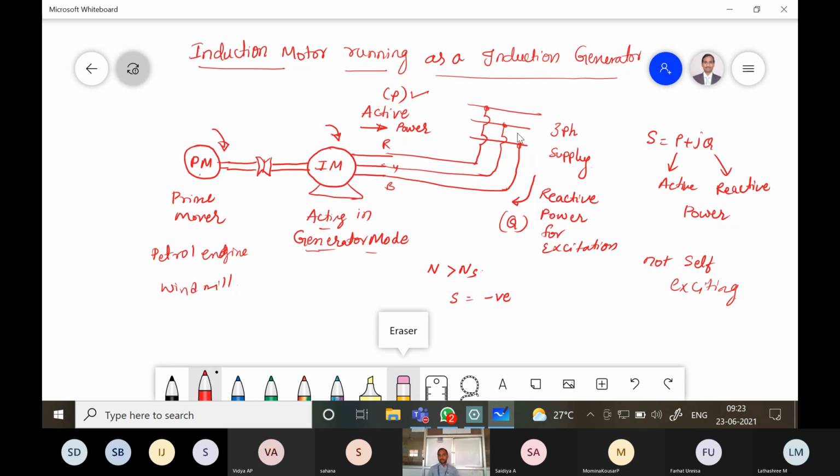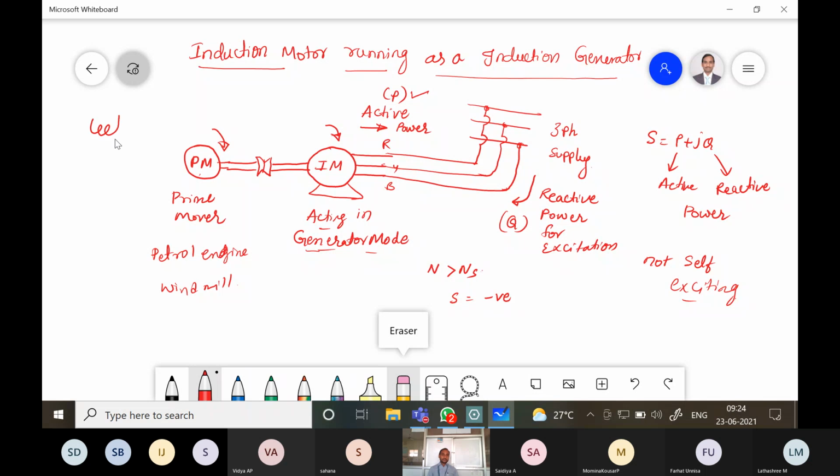So excitation can be given from another voltage source. Here the motor is rotating, but only whenever excitation is there will the power be delivered, and only then will EMF be generated. So it must be operated with another generator which supplies the exciting current. The exciting current can be taken from the other supply or from another generator. That is called reactive power, and it will be taken from the supply. It is of some fixed frequency, which is required for the production of the rotating magnetic field.